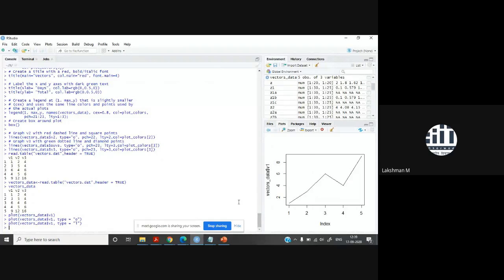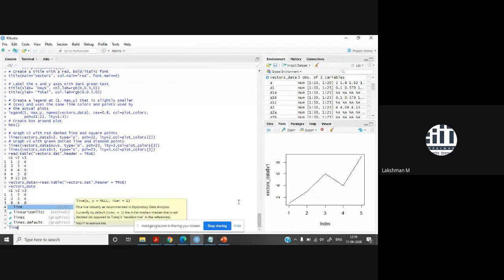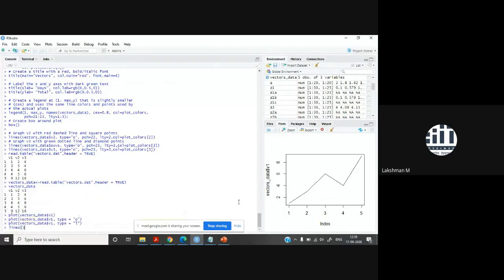Now, second, you want to plot the second vector, v2. Again you recall from vectors_data and take up that vector, that is, recalling data from the file itself.